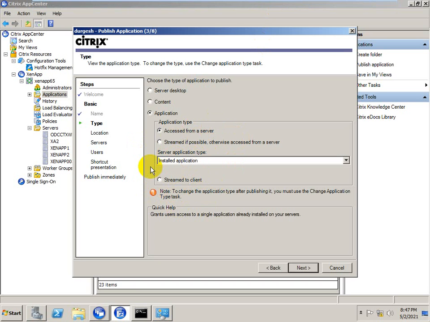There are two types of application: stream to client or stream to server. For each, we have some specific configurations. Console is the access from the server option. Application name, type, location, server on which the application is installed, and which user we want to provide access, that user needs to be added here. Then finish.